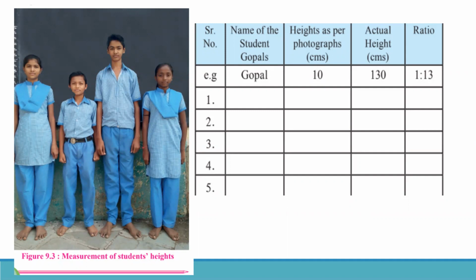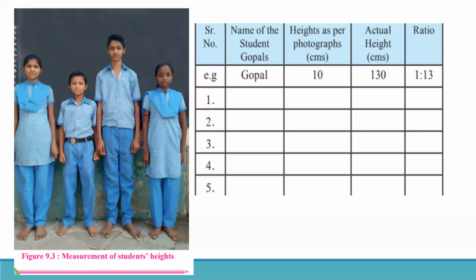For example, supposing there's a person Gopal. If you look at his picture, in the photograph, his height will be 10 centimeters, and his actual height... Children, how do we calculate height? If I ask you what is your mother's height, what is your height, we normally say my height is 4 feet 2 inches, my mother is 5 feet, my father is 6 feet. So 1 foot is approximately 30 centimeters. If I say that I'm 6 feet, so 6 threes are how much? 180. So my height roughly becomes 180 centimeters.